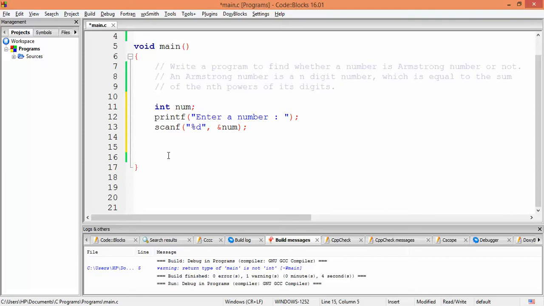Now if the user enters a 2-digit number, say 23, and we divide it by 10, then we would get a non-zero number in return. We would get 2 as the result, which is non-zero. That's why we can say that it is not a single digit number. So if by dividing by 10 we don't get a 0, that means it is not a single digit number, then we would increment our division by